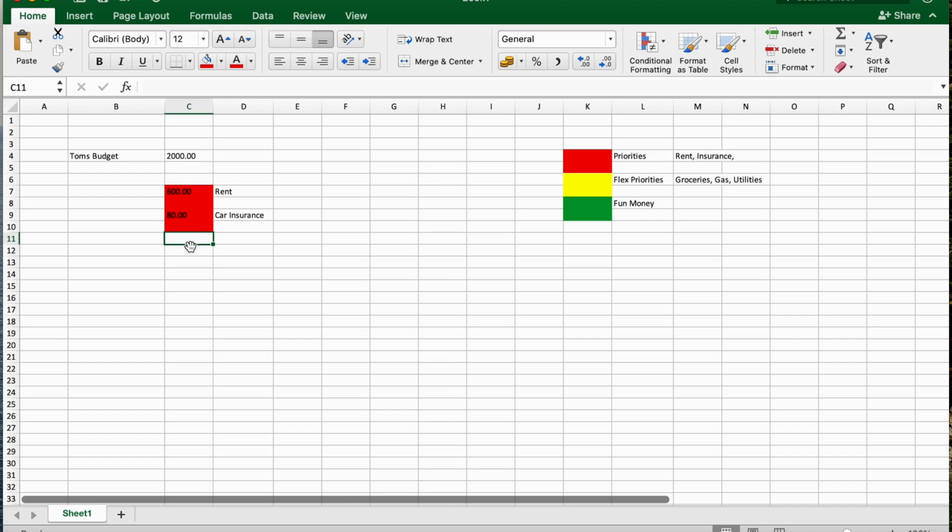Our groceries, our gas, and our utilities. Right? I call these flex priorities, again, because they vary. But I try and set a high limit for my groceries, my gas, and my utilities, and I invest the difference. So let's say in 1 month I want to spend $200 on groceries. Right? And then I forecast spending about